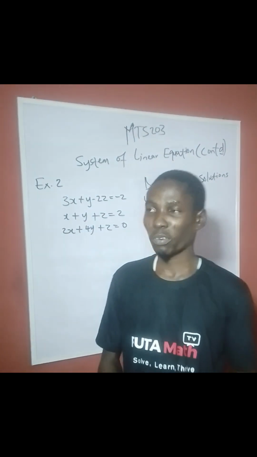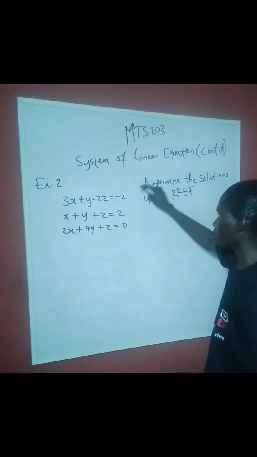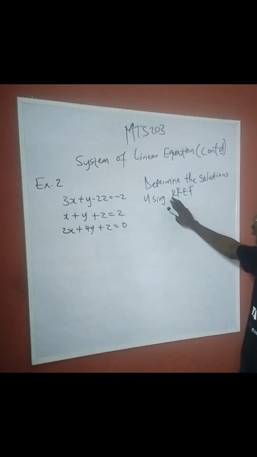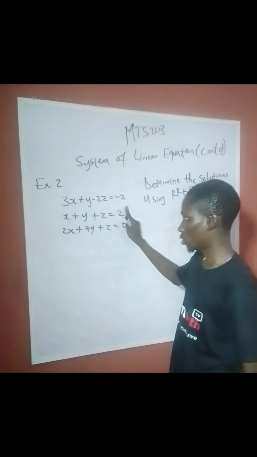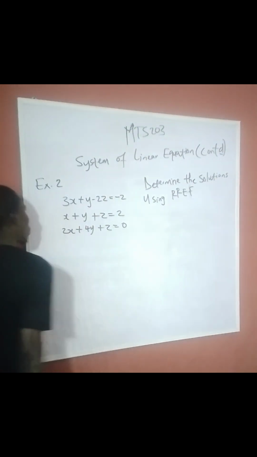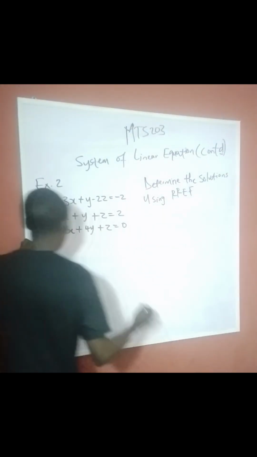Okay, welcome once again to the second part of our class, system of linear equations. In this video, we are going to use the row reduced echelon form to solve the same example we've been treating. So let's start. For me to use row reduced echelon form for this, just like the one we previously did,